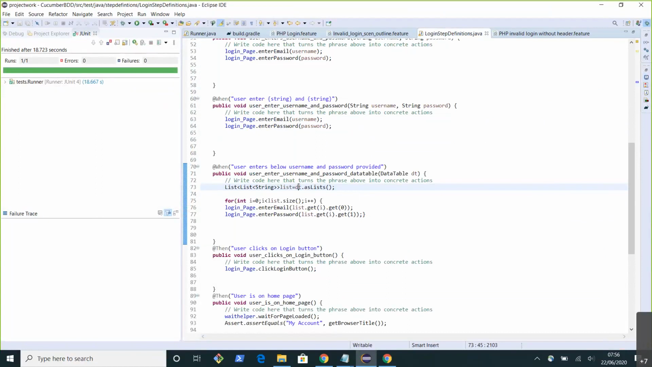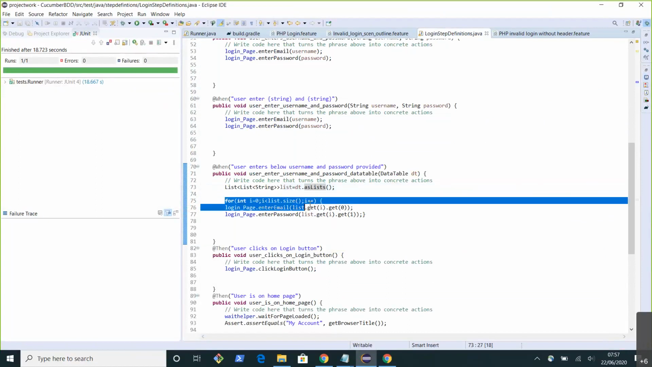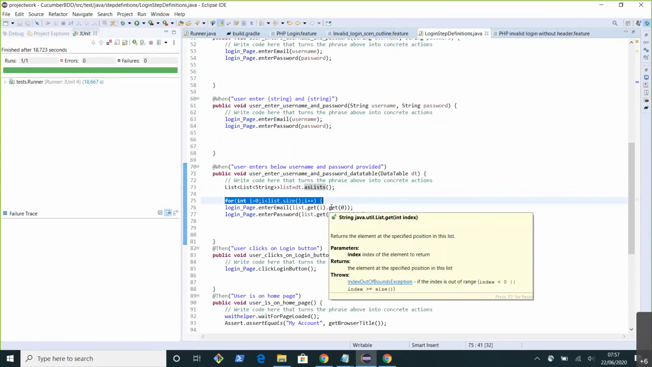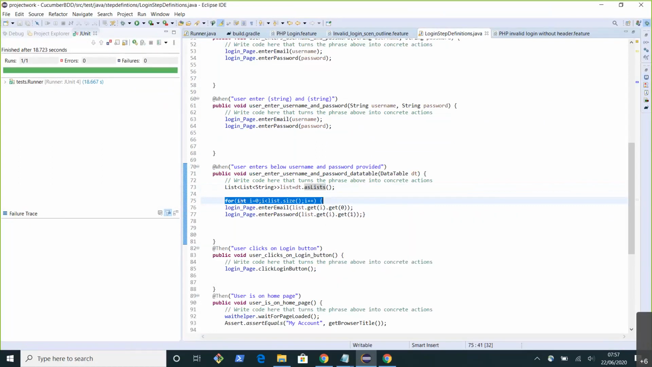Basically we have to use dt.asLists whenever you are expecting multiple rows, and then it is going to return list of string, list of string, list of string. So basically a list within a list. To work with this, we have to use a for loop. There is no other way. We can use either a normal for loop or an enhanced for loop. The normal for loop is basically helping us